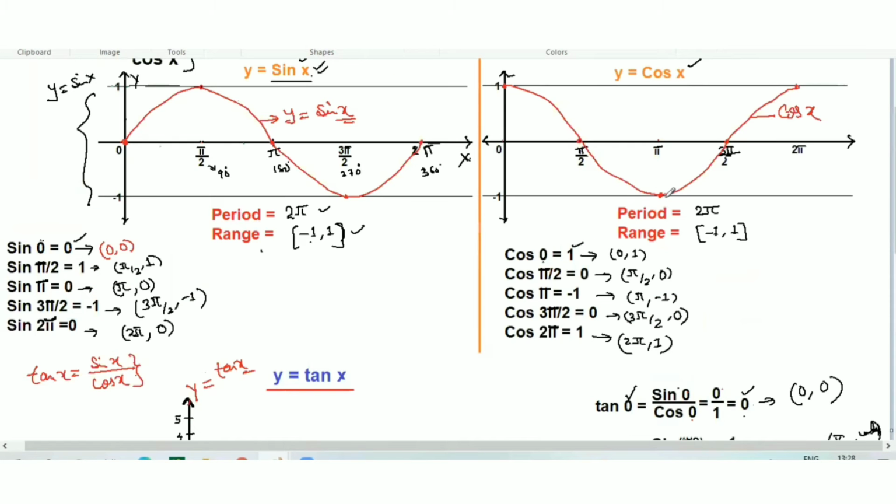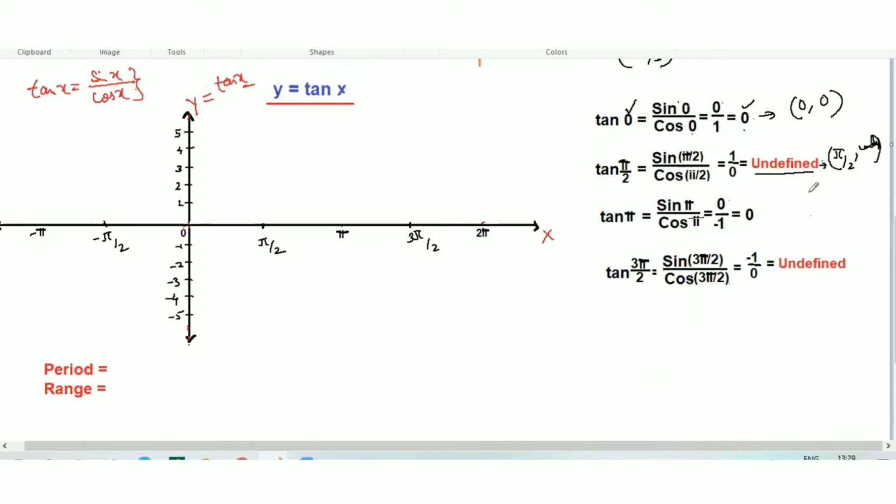As you can see here, we have (0, 0). The next point is pi over 2 and there is no value for y, so we can't join anything here to get the smooth curve. So first let's slowly plot the points. The first point is (0, 0), which will come over here. Now the next point we got is pi over 2 and for y we have nothing to plot. Where will we go? We can't stop anywhere, here or here or here, nothing to go.